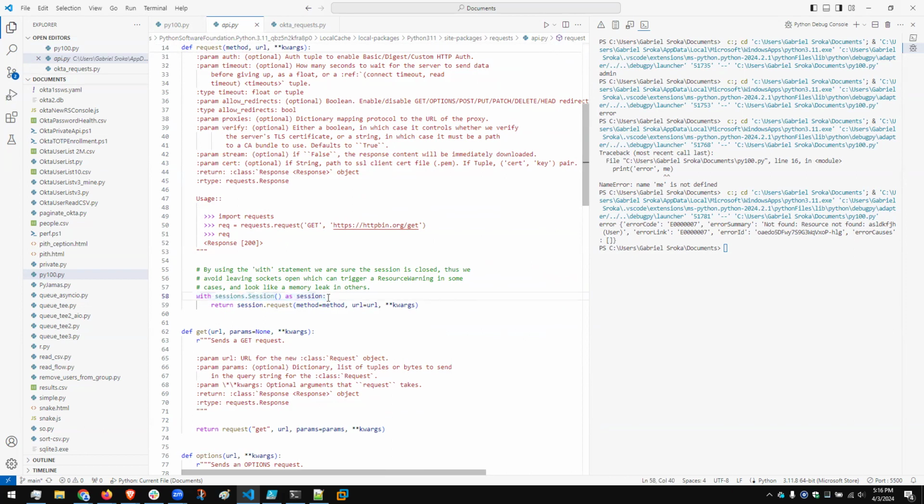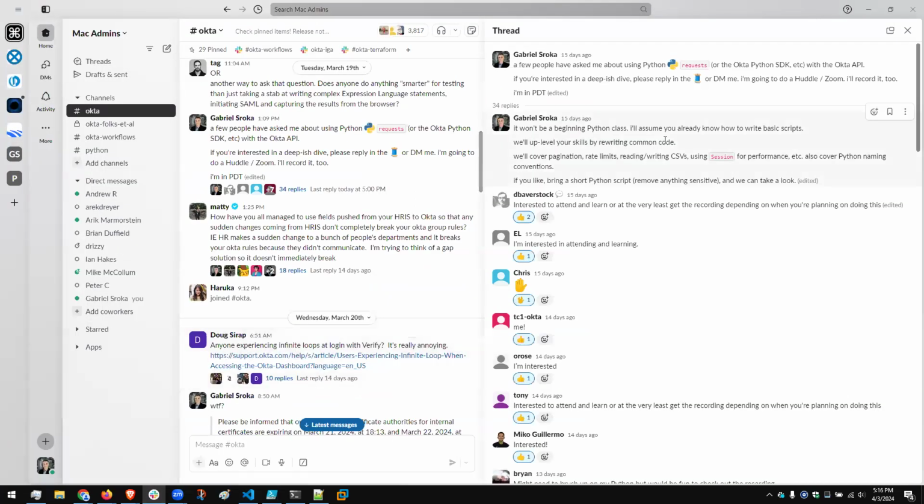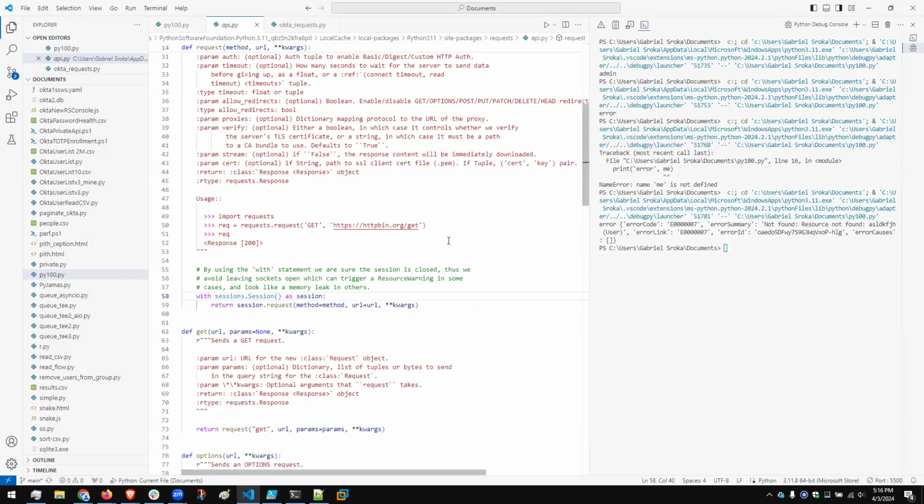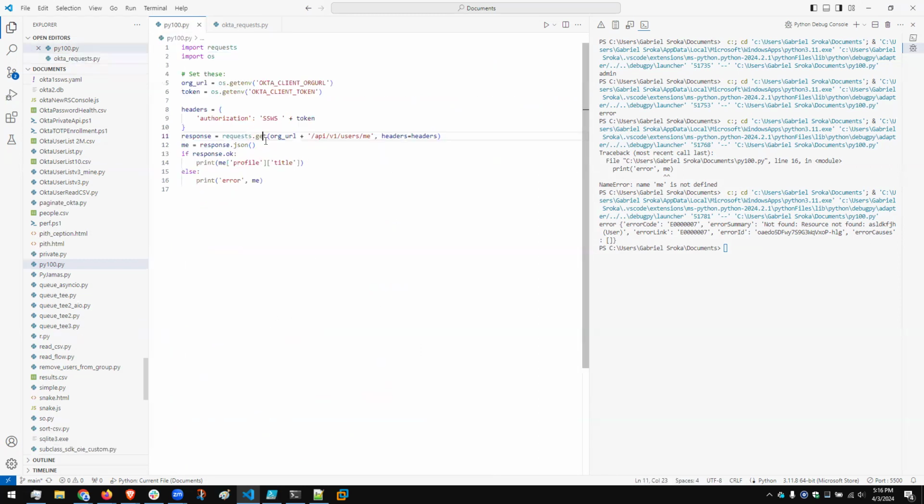Really, the reason I'm showing you this, other than it's a cool feature, is I wanted to show that one of the first things it does is it creates a thing called session.Session, and it uses that, and then it uses a session request. And if you remember from Slack, one of the things that we said we were going to talk about is using sessions for performance. So under the covers, requests is using a session even if we don't. The difference is that if you use your code this way, it's going to create a session, call it, and